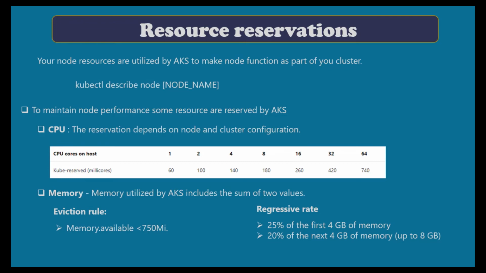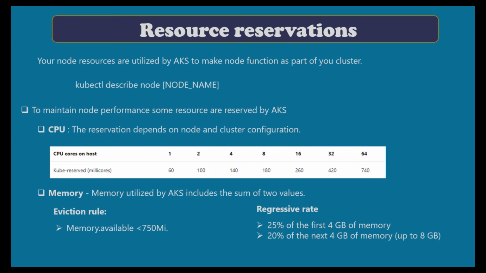A kubelet daemon is installed on all Kubernetes agent nodes to manage container creation and termination. This daemon has the following eviction rule, which means a node must always have at least 750 millicore allocatable at all times. When a host is below that threshold of available memory, the kubelet will terminate one of the running pods to free memory on the host machine and protect it. This action is basically triggered when memory decreases beyond the 750 millicore threshold.